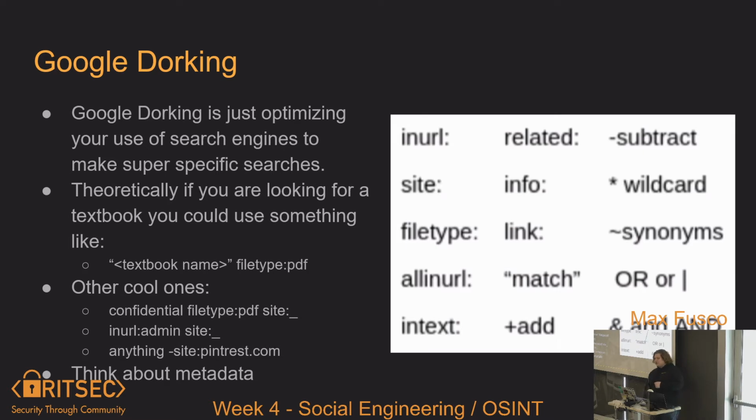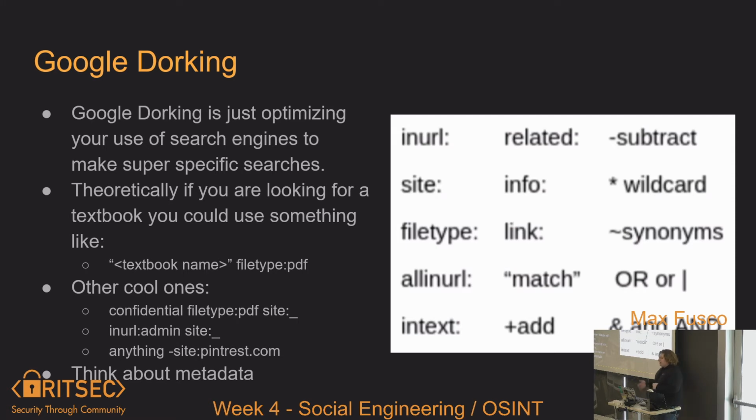Another important thing with Google Dorking, think about metadata. So you have a PDF or whatever XYZ document, there's more information than what's actually on the document. So that could be metadata in terms of usernames, users in an organization, could hint at how emails are set, such and so forth. There's a ton of stuff that they put in metadata or people forget to scrub for metadata that can be useful.